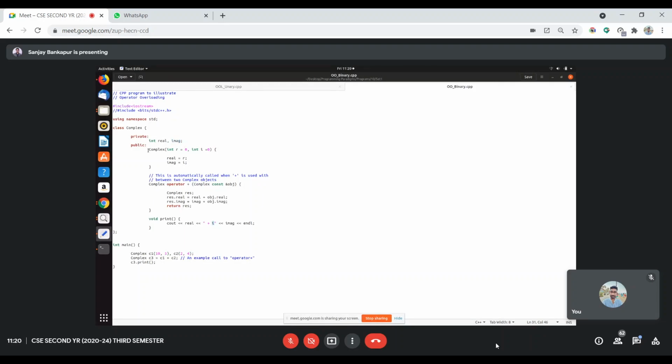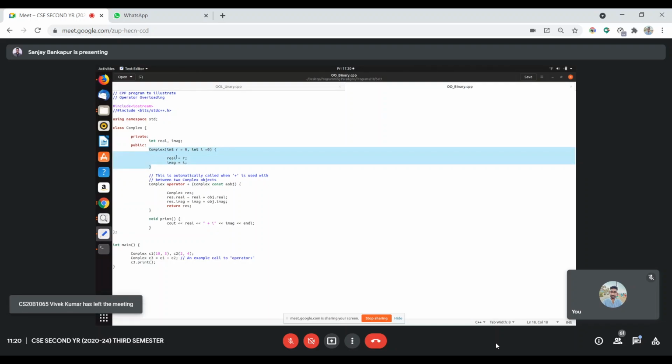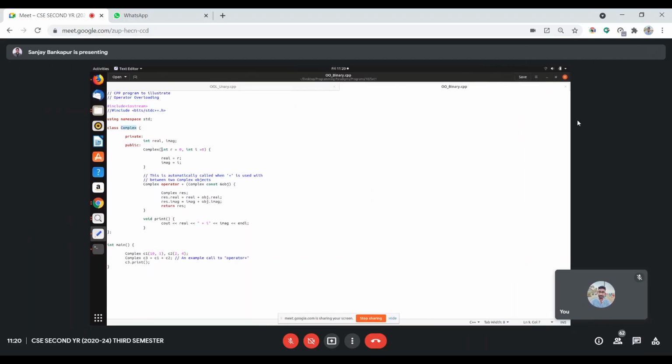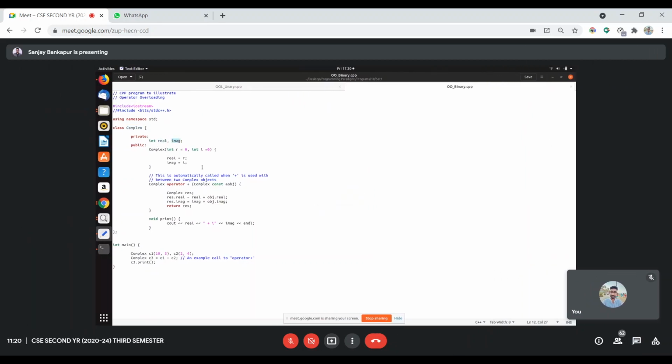Okay, so it's a constructor, in public, under the public keyword. I have mentioned a constructor Complex with R real value as 0, I value as 0. So whenever the object is instantiated with Complex, the respective values will be 0. Okay, we know these things, right? So now I have defined, before coming to this part, let me explain this part also.